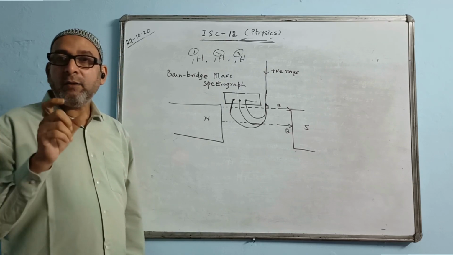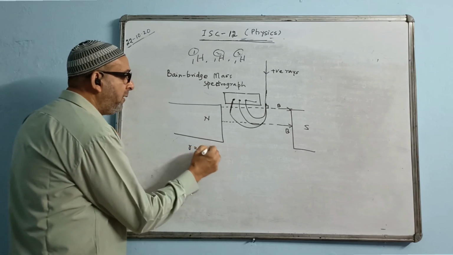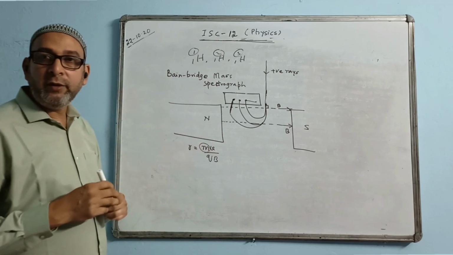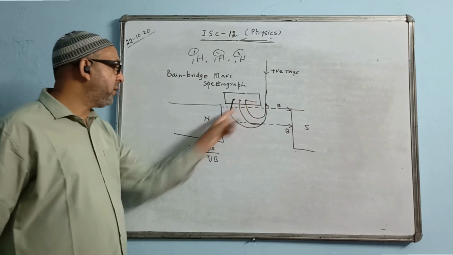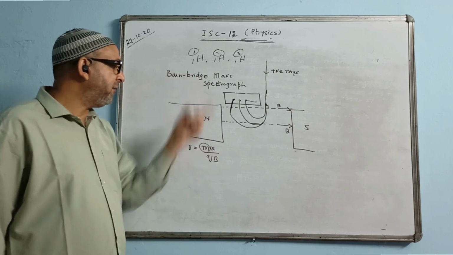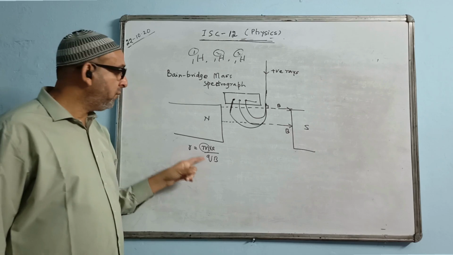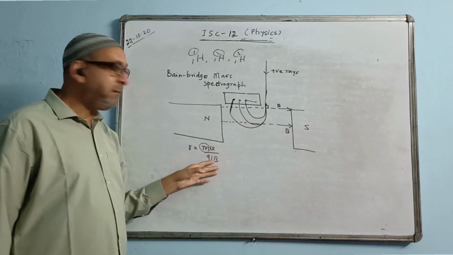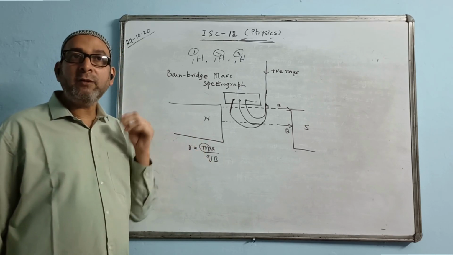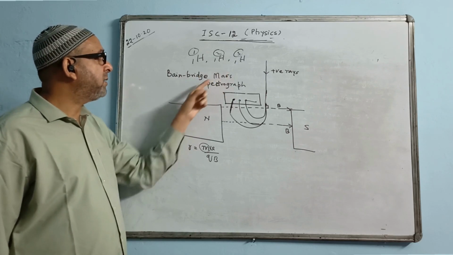That will help you find the number of isotopes, and also helps you determine the mass of the nucleus, because you know the formula R is equal to mv by qB. Using this, we can always calculate the mass of the nucleus. The radius we will measure, the velocity with which they are moving we will also know, or there is a technique of finding that, the amount of charge it is carrying we also know, and the magnetic field we have applied we also know. We can easily calculate the value of m. This m will be the mass of the nucleus, which is determined by the Bainbridge mass spectrograph.